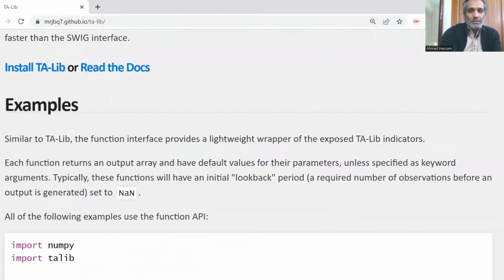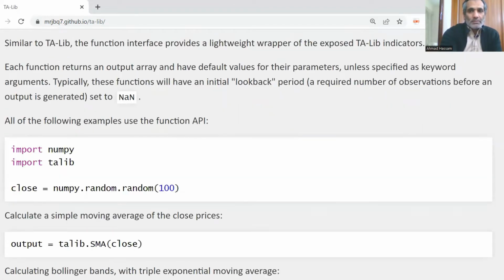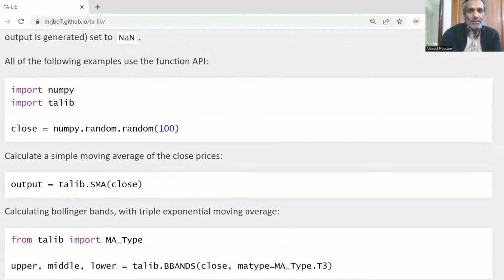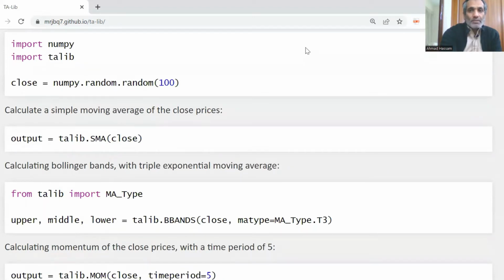So we'll be using TA-Lib a lot in backtesting our trading strategies. So let's start and see how we do it.